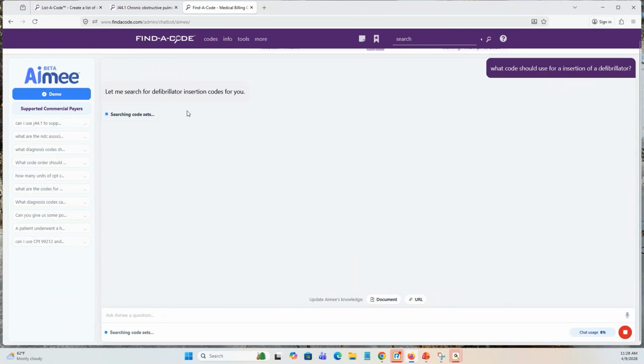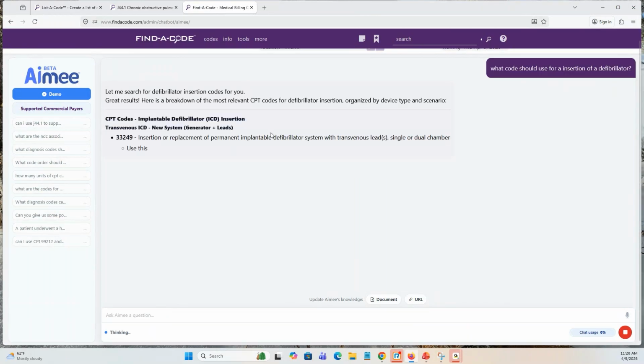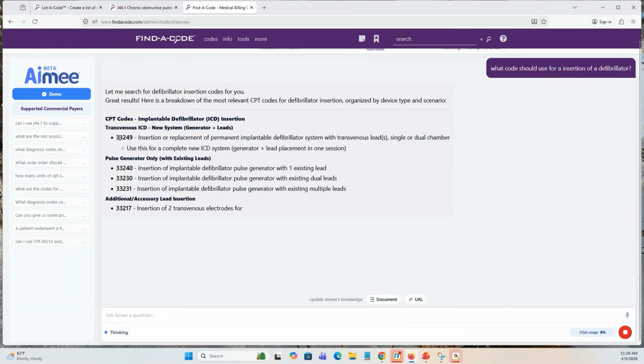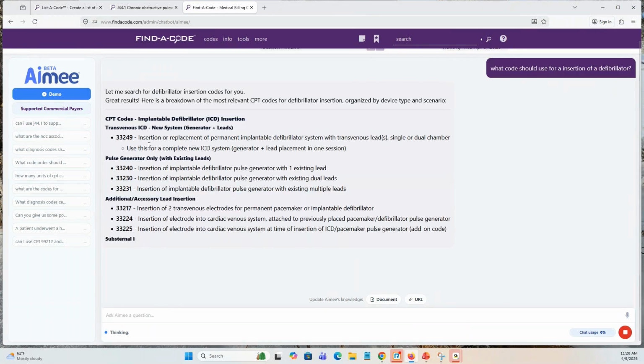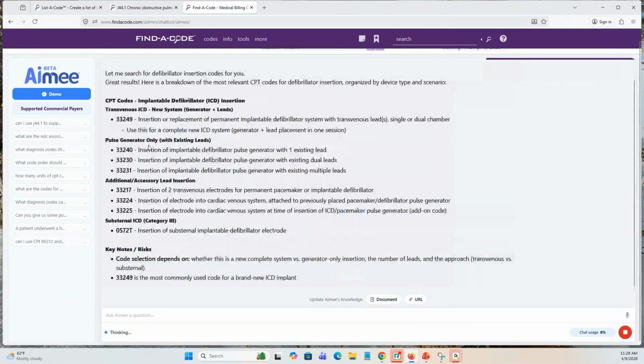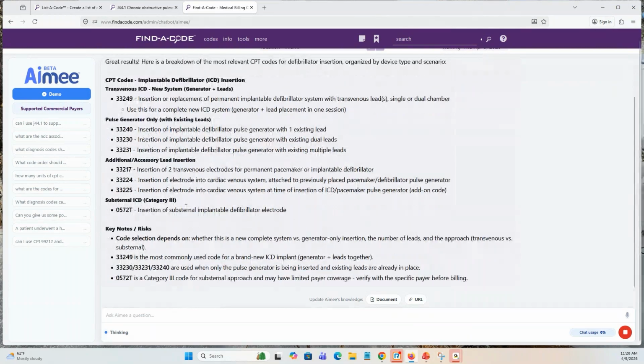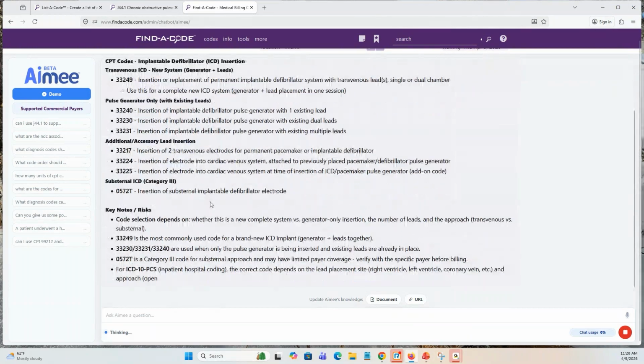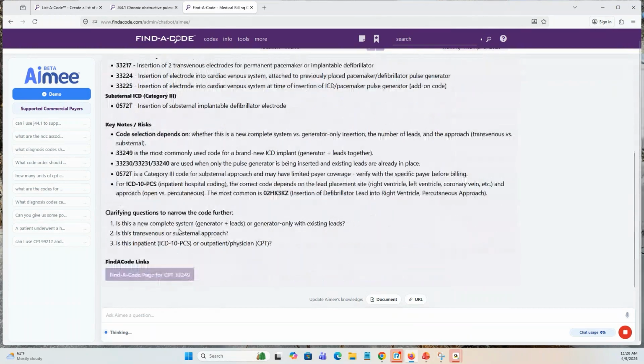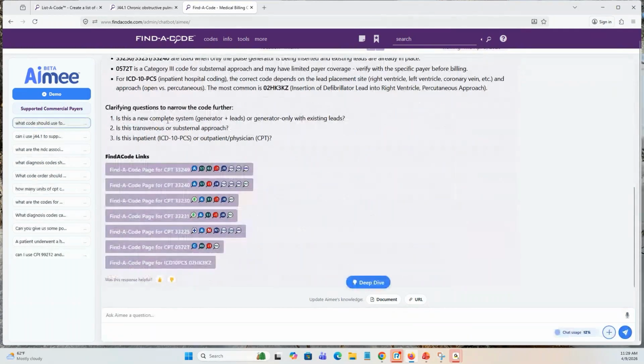And she's going to go through and look inside of the CPT code set and say, hey, here's a breakdown of all these different codes. Okay, there's 33249, there's 332. So here I am, just like if I was to search that in the code set. Okay, so she's going to come through, and at the bottom, she says, okay, is this new? Is this a replacement? You know, what is this? So I can say, well, it's replacement